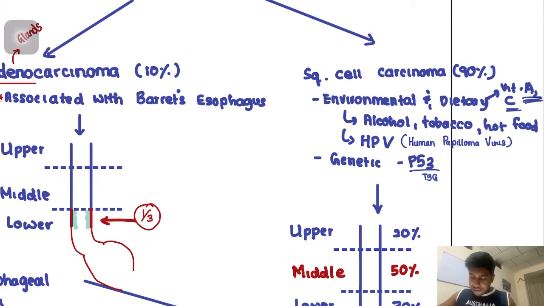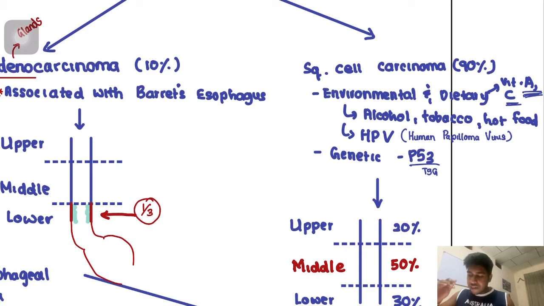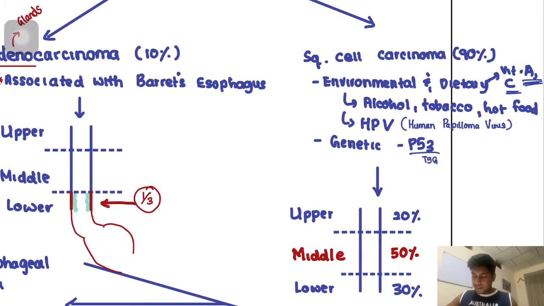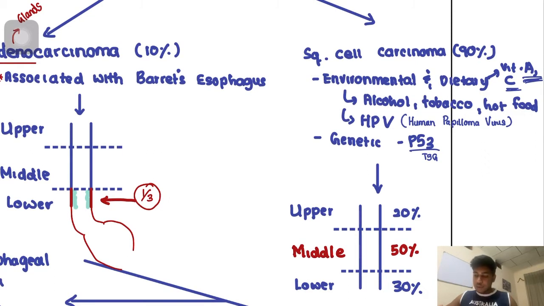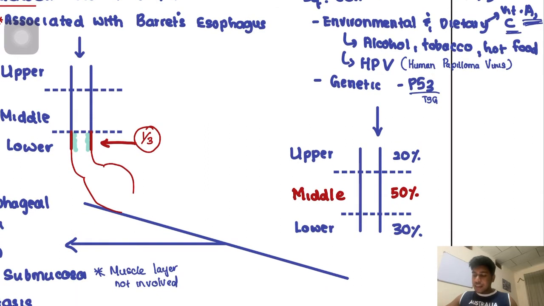This is different in squamous cell carcinoma. Now, squamous cell carcinoma is more common, and it is usually due to environmental and dietary factors. So remember, vitamin A, vitamin C, and vitamin E are important to prevent cancers and other oxidative injuries. Alcohol, tobacco, and hot food are risk factors. So people who enjoy hot food, people who enjoy spicy food are at risk. Human papillomavirus is another, it's a virus, and you will learn about it in microbiology, that increases the risk. And if there is an error in P53, a tumor suppressor gene,